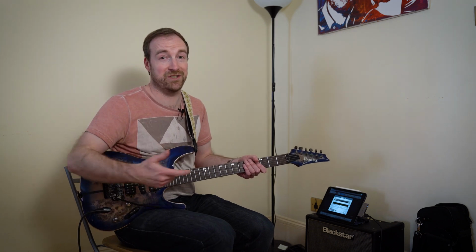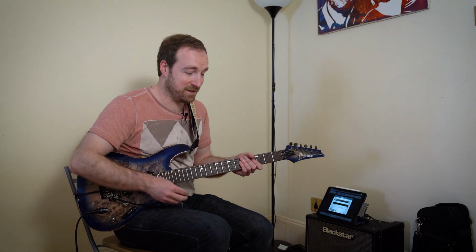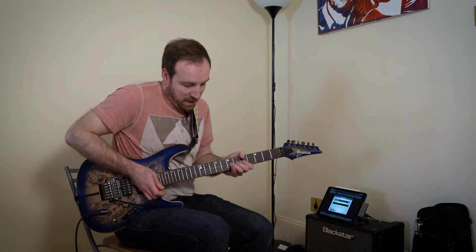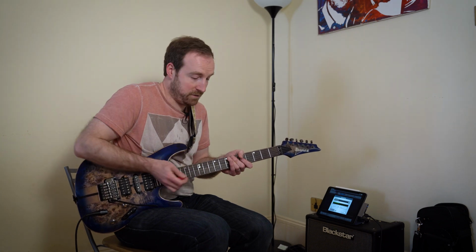Okay, a couple of good tricks for people who have a fixed bridge like I used to. I really wanted to emulate that tremolo, like the floating trem, Floyd Rose style sound. And I was looking for ways to do this, and this is one of those ways. So the first is called bended taps, and it's basically where you bend a note and then tap on with the other hand. So instead of just tapping on, you bend